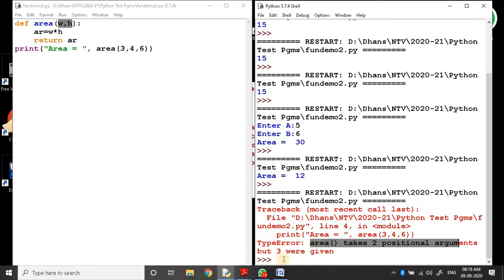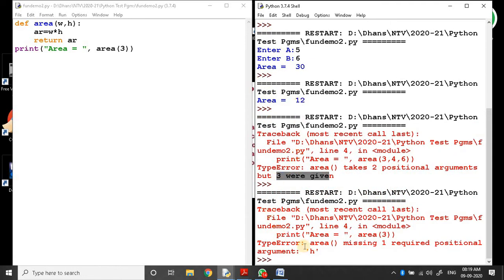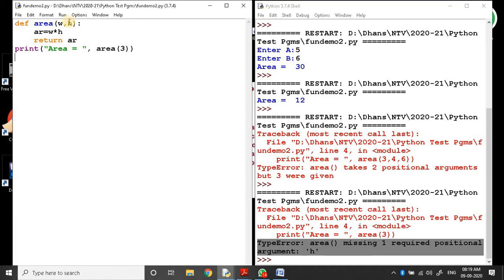Area takes 2 positional arguments but 3 were given. Likewise, if the function is defined with two arguments but you pass only one argument, what will happen? Again, type error. Area missing one required positional argument H.